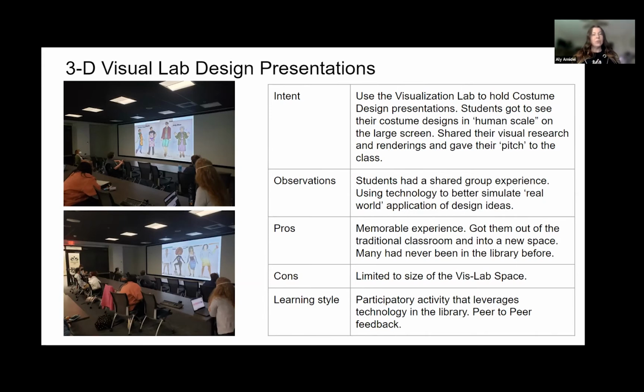This also gave an opportunity for the Atkins librarians to do a quick intro to the available resources that they could then apply to future projects. While this did require some quick cut and paste work in Google Slides for me to facilitate the lab presentations, overall, it's something that I definitely plan to continue in the future and would recommend this as an activity for any visual arts or visually based assignment.